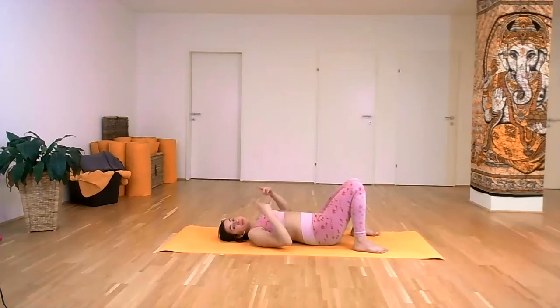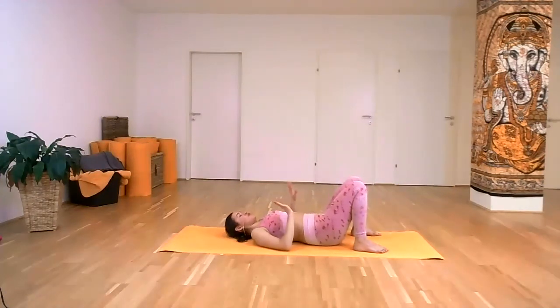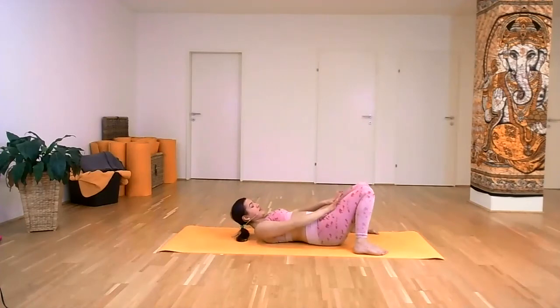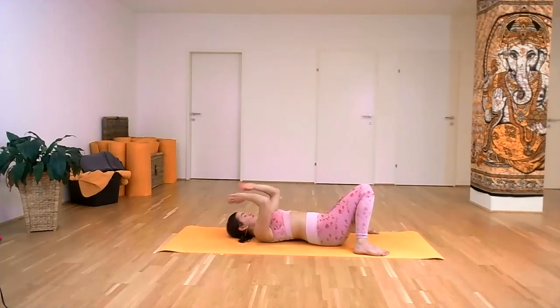during the day. Because it's late in the evening, when we do this back bend posture, it's highly possible that we activate the nervous system, the sympathetic part of the nervous system, and then you cannot sleep. So if you are planning to go to bed early, you should not do the next back bend. You can just bring the knees together, rest your feet on the side. That's enough. If you want more,